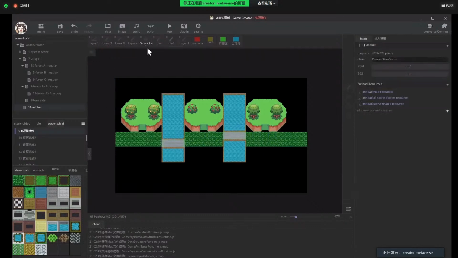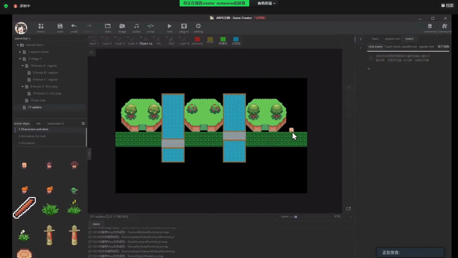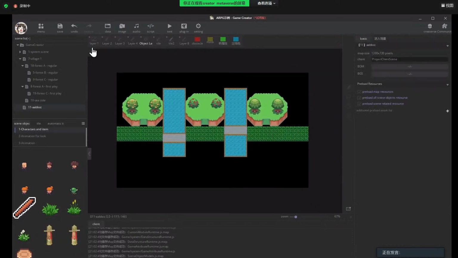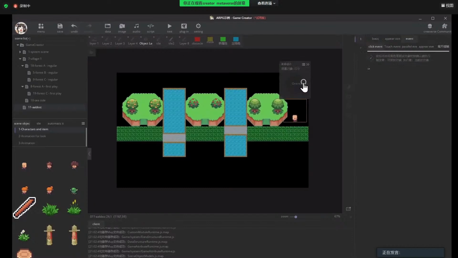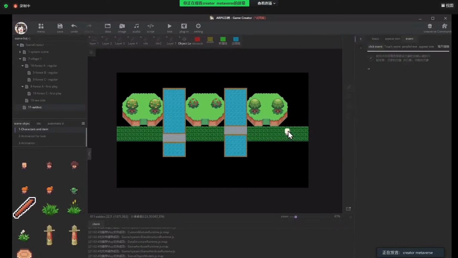And finally, we switch back to the object layer. We draw a player here, a little node here. Change the orientation. Now we see the little guy has disappeared. That's because of the layers. If we move the object layers a little bit higher than those layers, the little guy disappears. All right.